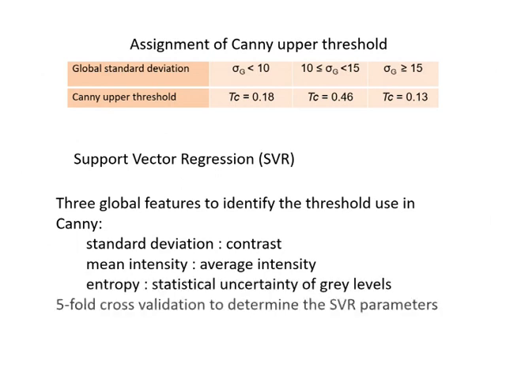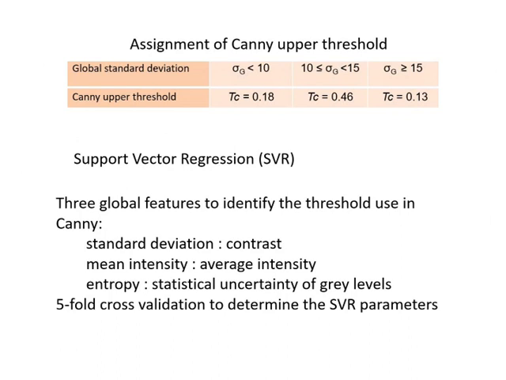3 global features to identify the threshold used in Canny will be the standard deviation of the global image, that measures the contrast, the mean intensity value of the image, the average intensity that is, and the entropy of the image. Statistical uncertainty of gray levels are then computed using the entropy. We will be using also 5-fold cross validation to determine those support vector regression parameters so that we can estimate